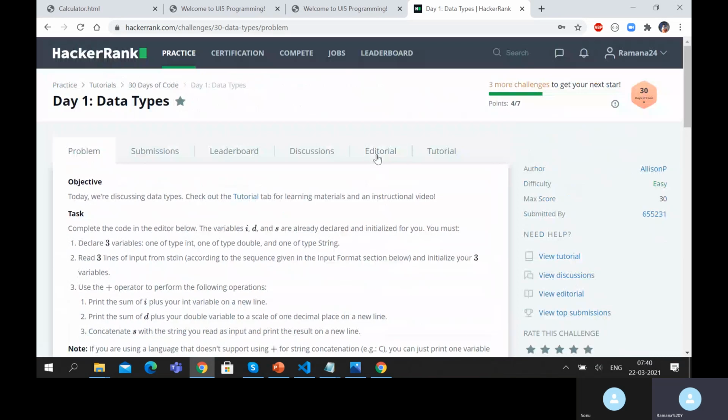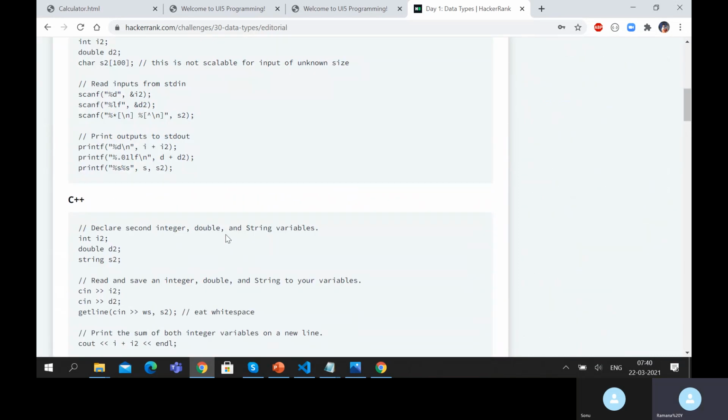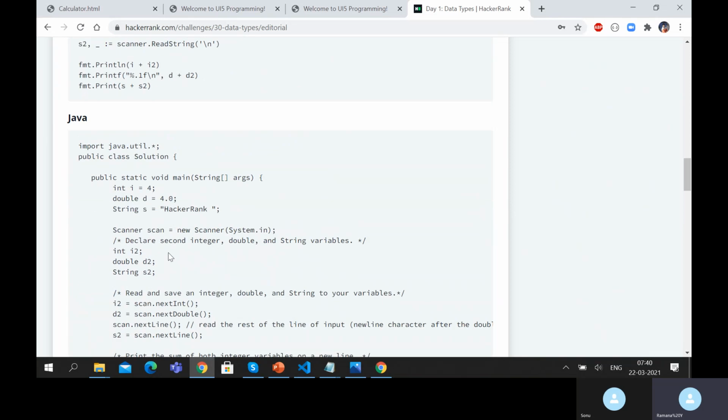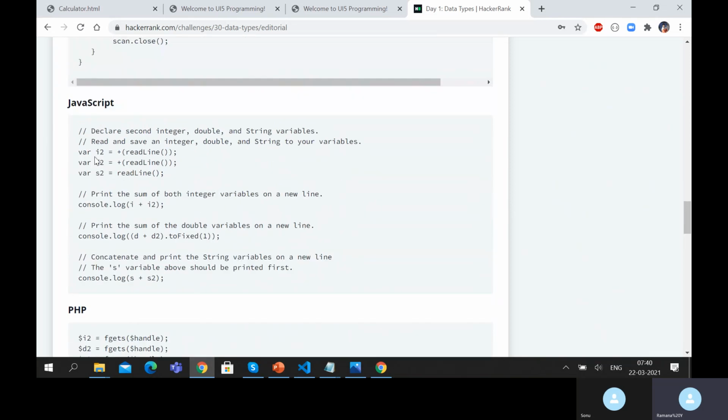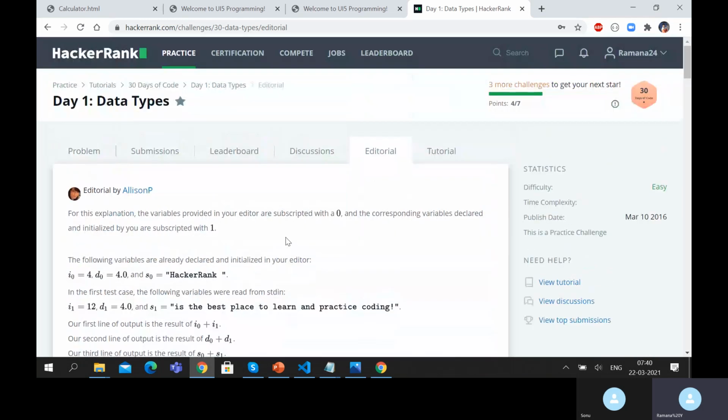So here I think in the editorial part they'll explain in which language how to do exactly, to achieve. In this case JavaScript, this is how you can achieve it. So HackerRank allows you, and one more